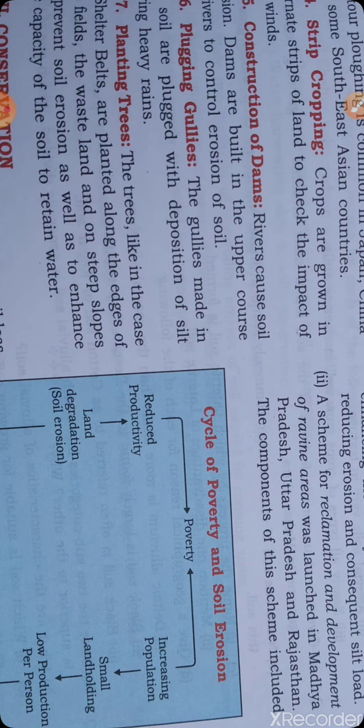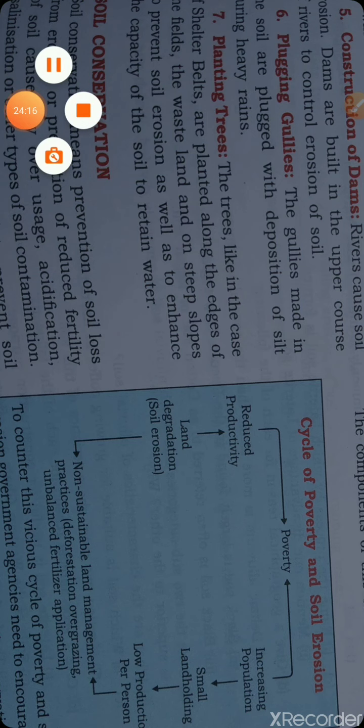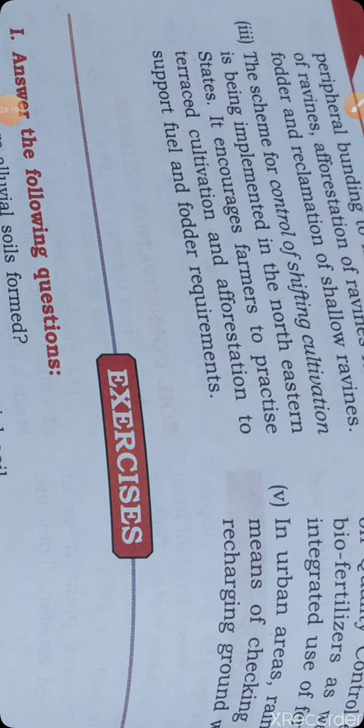So we are reading, the scheme for reclamation and development of ravine areas was launched in Madhya Pradesh, Uttar Pradesh, Rajasthan. The components of this scheme include peripheral bunding to halt the ingress of ravines, afforestation of ravines for fuel, fodder, and reclamation of shallow ravines. Peripheral, you can understand the word peripheral. They are getting different types of bunding into different categories, and further ingress of ravine. Just we are dividing the rivers also in such a manner so that their current does not affect the soil